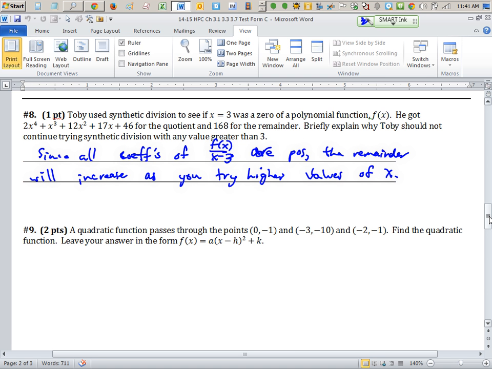Okay, so something like that. I was really looking for the remainder can't be 0. Something like that. So he's going to have to go try some negative numbers, I guess, in his synthetic